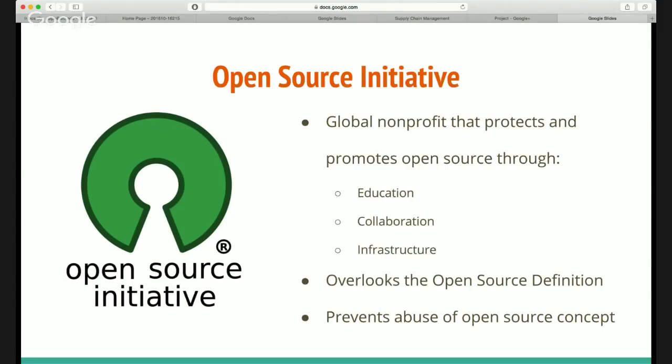The Open Source Initiative is a global nonprofit that oversees all these open source products and ideas by overlooking the open source definition that is the very heart of what open source even is. And through this, they promote education, collaboration, and infrastructure. So they have education networks to obviously educate people about open source products and open source innovations. They endorse collaboration, connectivity, as well as promoting a strong infrastructure to back up these